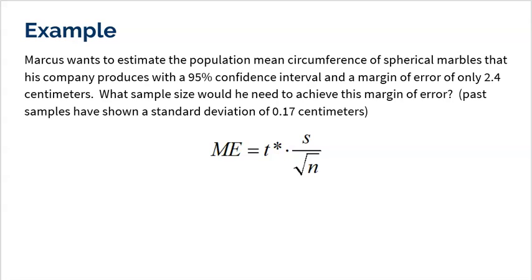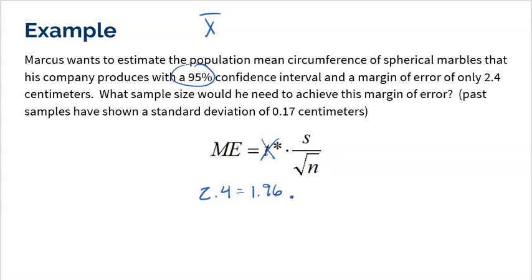All right, if I'm thinking about trying to answer this question, I'm going to use the margin of error formula. I don't even know what X bar is, so there's no point in using the confidence interval formula. I'm just going to stick with the back part, the margin of error. He wants a 2.4 margin of error. Because I don't know my sample size, I can't calculate the T star. I'm going to have to use a Z star for 95% confidence, and the Z star for 95% confidence is 1.96. It's the best I could do. What else are we going to do? We can't find a T star. It's just not going to work.